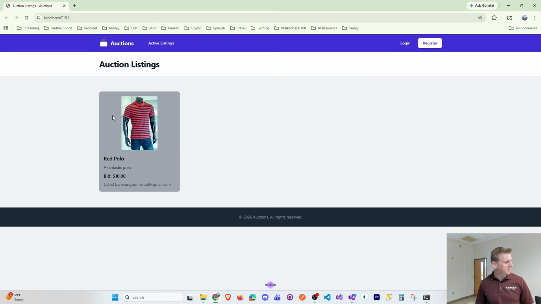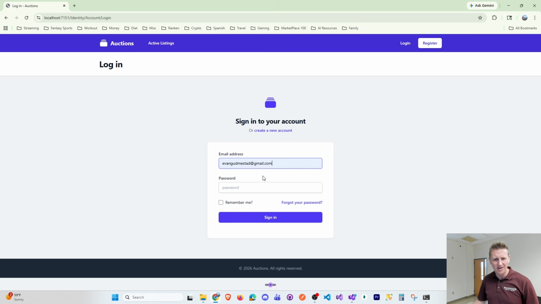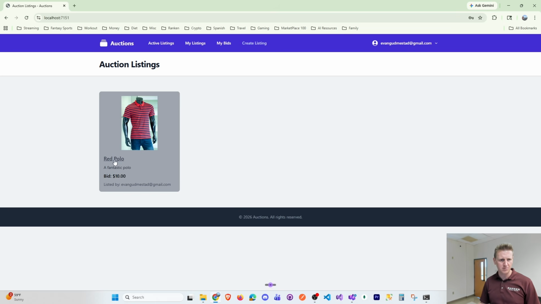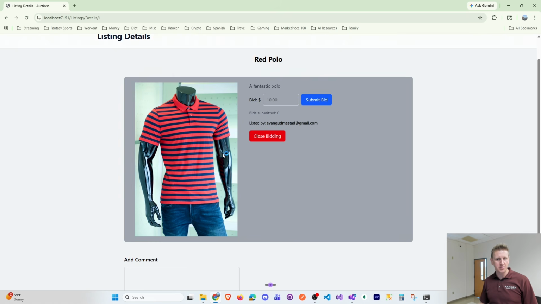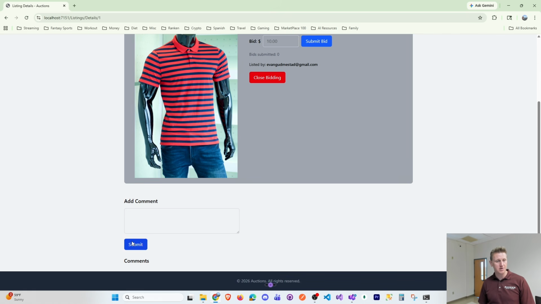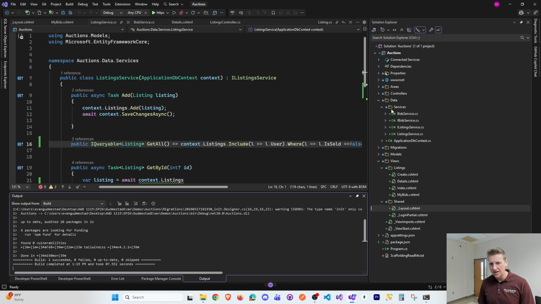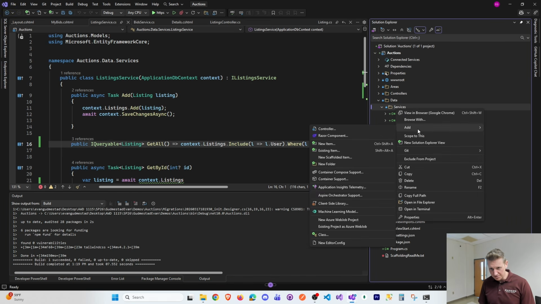Even with a little bit of debugging and troubleshooting, I still think we're going to get this done because all we have left is comments. So we can now bid, we can close listings, and we can now see the active listings. All that's left is comments. So comments go right here. Obviously, we don't have anything wired up for comments yet. You know the drill. Though we're going to add